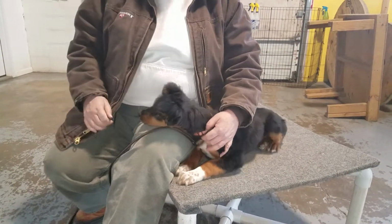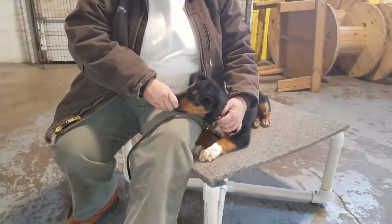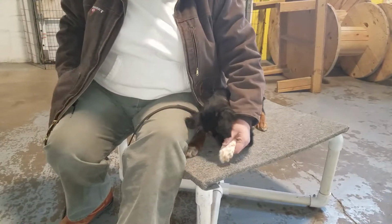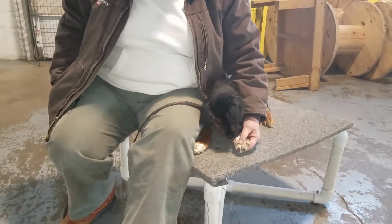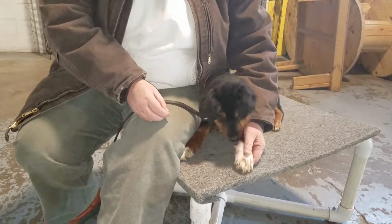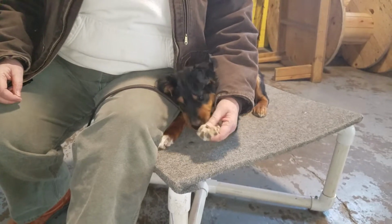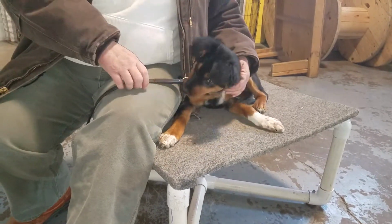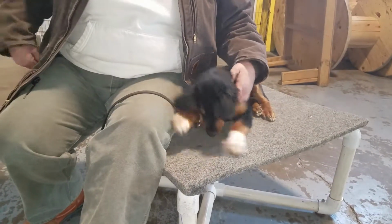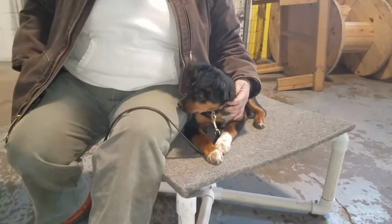Good lad, good boy. But one of the things that I discovered yesterday, I thought it might be a pattern then, and then upon work later today, is he has some sensitivities with having his left forefoot handled when I press the second digit from the outside. There's no abnormalities there, but he takes serious issue with it, or had taken serious issue with it. We went through, I see that. We went through a bout with him trying to land his teeth on me in some pretty